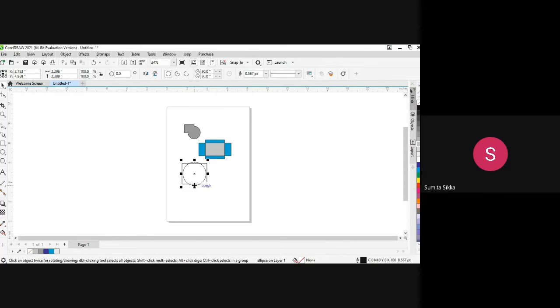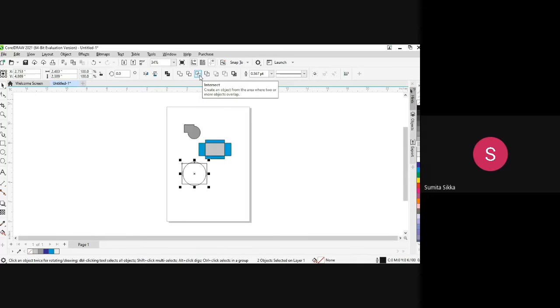I'm clicking on one object. When it gets selected, then hold shift key and click on second object, right? So now both are selected. This is one method of selecting both objects, and another method is by pick tool you can draw a window around both the objects. Now when these two objects are selected, only then property bar shows a change.